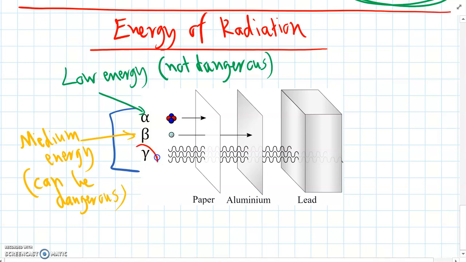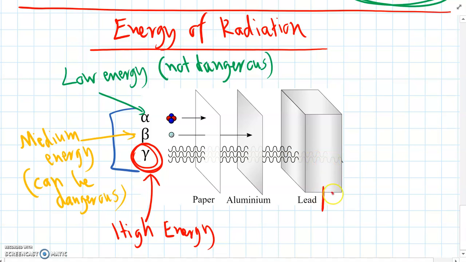But the really dangerous type of radiation, and this is the one that we've all heard in popular culture, this is what comes from nuclear weapons. Gamma radiation is the dangerous one. So it's a really high energy form of light. So high energy that it will fly straight through paper, through aluminium. Even if you had a really dense material like lead or concrete is also needed. Even some of it will get through lead, so you need to use a really thick layer of lead or